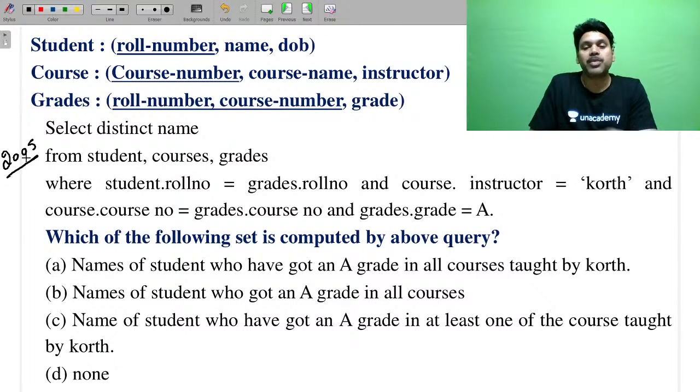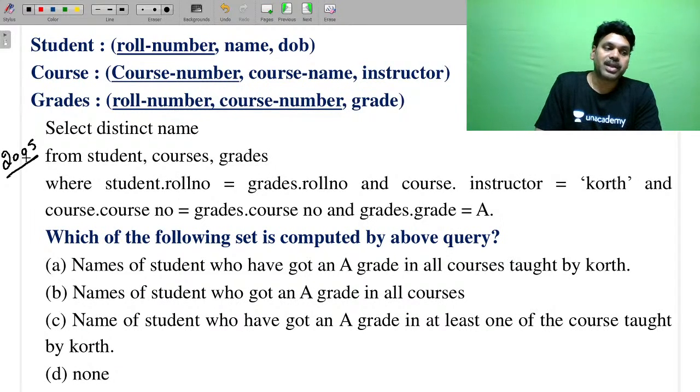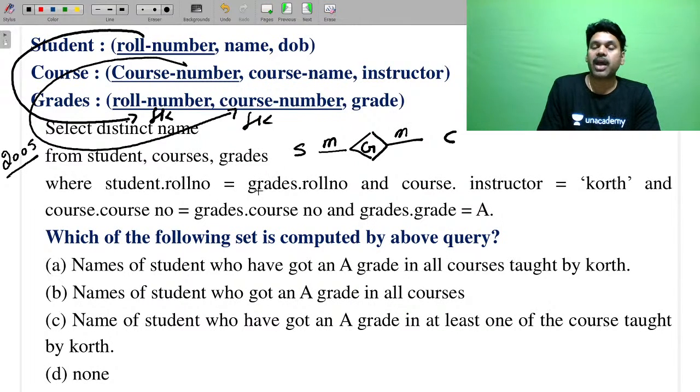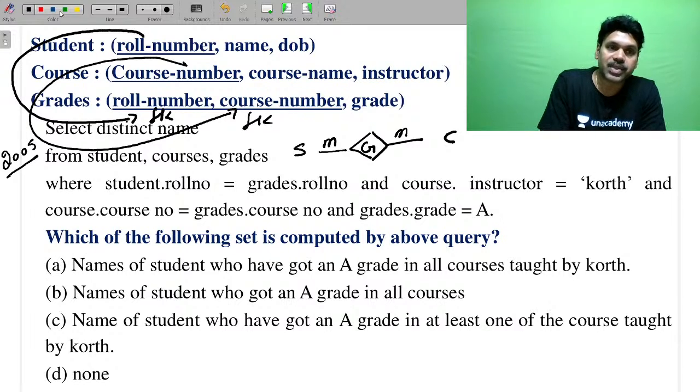So sometime you may be also asked questions like this. So student instance consists of roll number, course instance is a primary key course number, and a grade consists of the foreign key of this many to many relationship and the foreign key of this. Please understand it's a many to many relationship. S and course will be involved with a grade. So many students can take many courses and a course can have many students. So therefore what is he asking? He is asking that